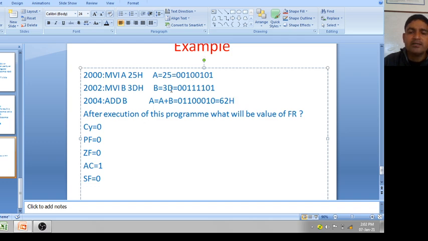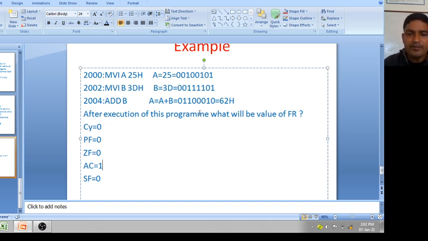5 plus D. If after adding these lower order nibble, result is greater than F, auxiliary carry becomes set. So this is 1 because result is more than 15, it is 18. Then 6, MSB is what? 0. So sign flag is 0. 62, result is non-zero, so zero flag is 0. Parity flag, in 6 there are 2 ones, in 2 there is 1, so 3 ones, so odd parity. Carry flag, result is not more than FF, so you can write down CY equal to 0.